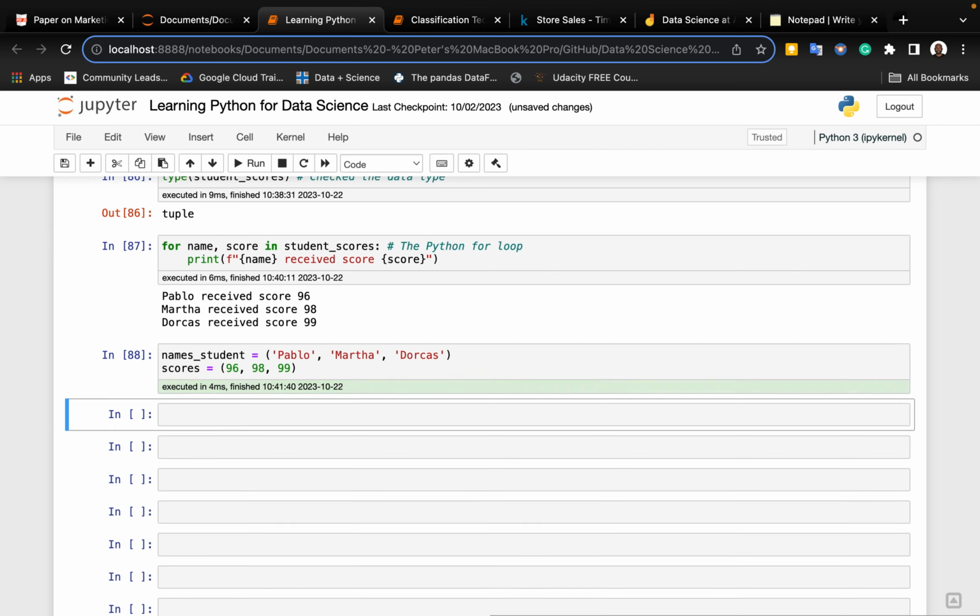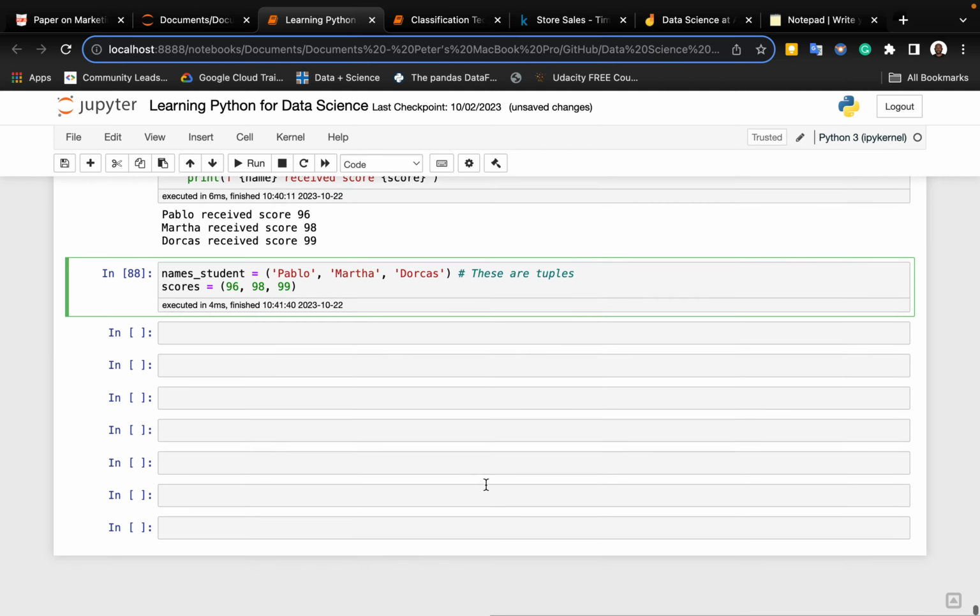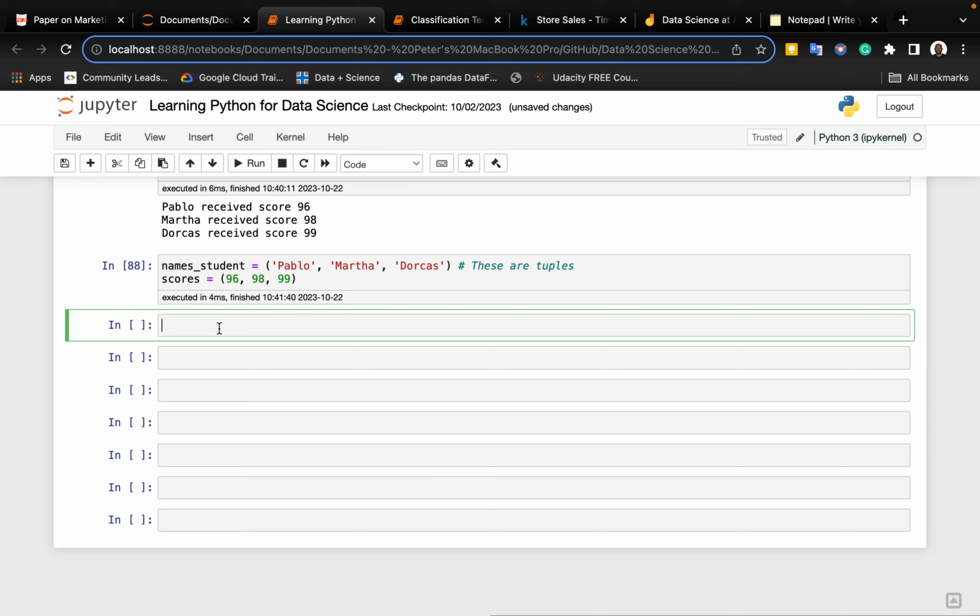So you see that works. These are tuples. Now the next thing we want to do is write a for loop. So we go for name, score,